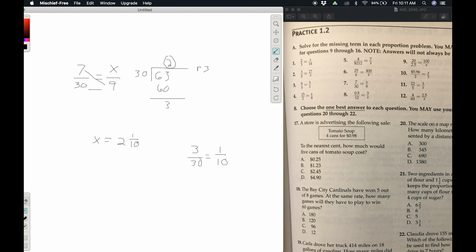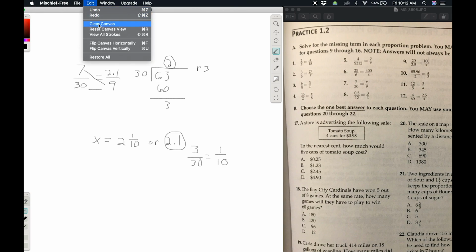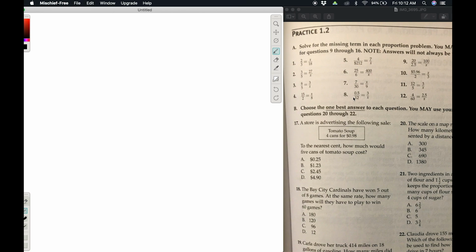You could also write this in decimal form as 2.1. Both of these are right, although you would want to write this one up here. Now we have 0.5